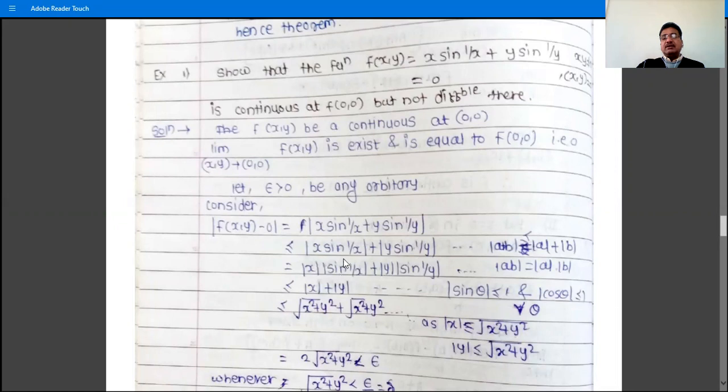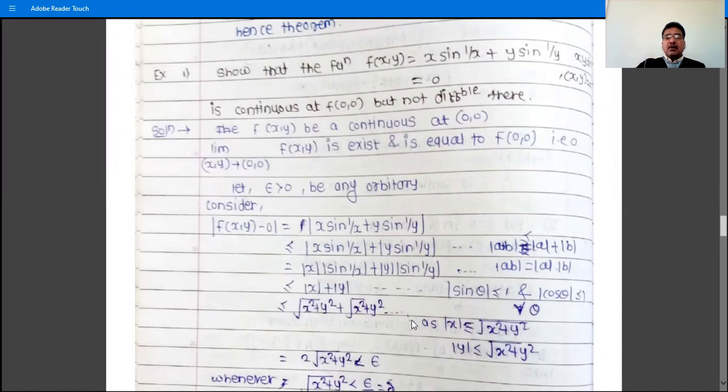Actually, it is not the value of mod sin(1/x); that depends on the value of 1/x. But its largest value, or upper limit, is 1. So we substitute this as 1 and this as 1, and so less than or equal to, because it is not an equal value. The value of mod sin(1/x) is not equal to 1; it is less than or equal to 1. So if we substitute it as 1, we have the sign less than or equal to. Here it is also less than or equal to mod y.